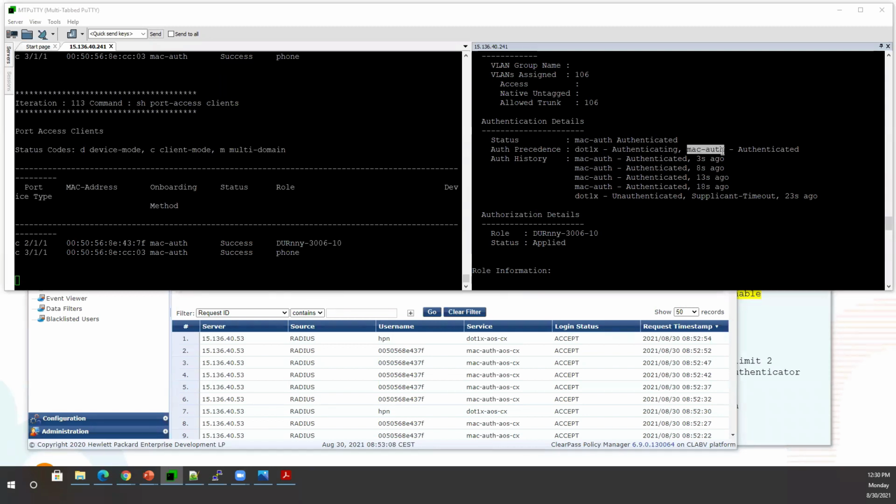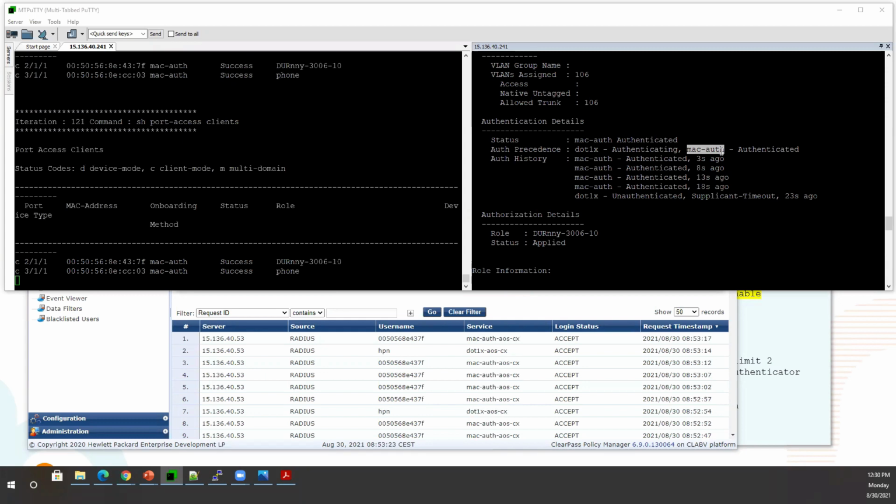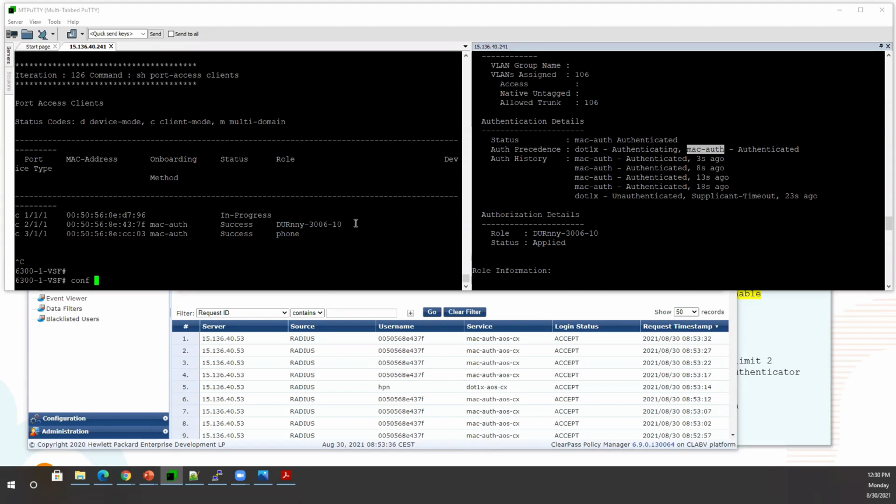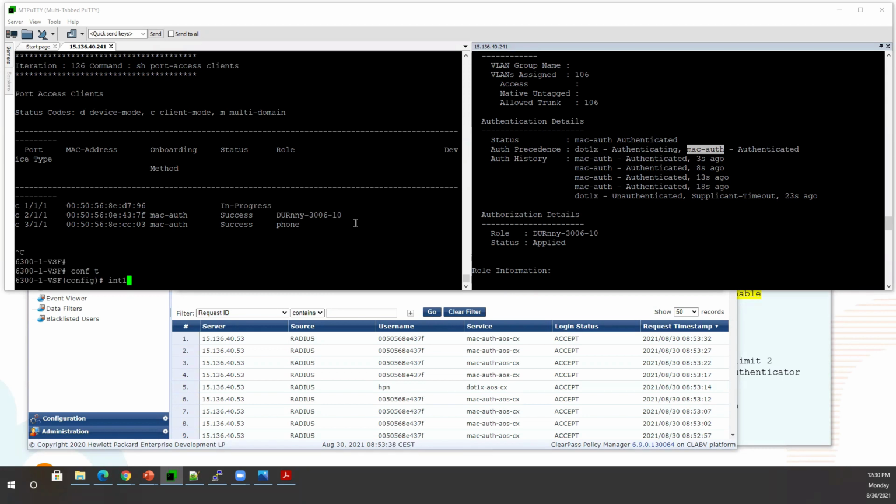In case anytime this MAC auth client gets the supplicant and is capable of sending the EAP request back to the AOS-CX switch, then there is high chances for that to get authenticated using the .1x and get applied with the .1x profile. And the same client will be onboarded with the .1x. Okay, so this completes the demo 1 part. As we discussed, the demo 2 part is basically we'll have,